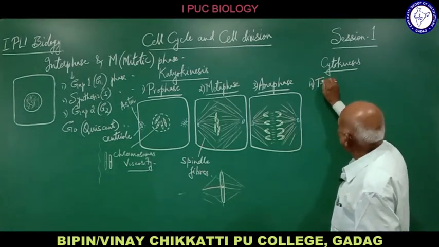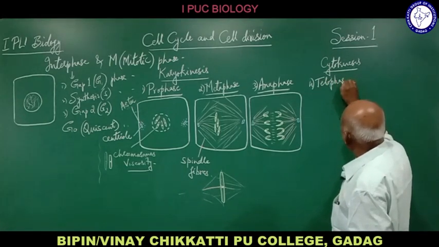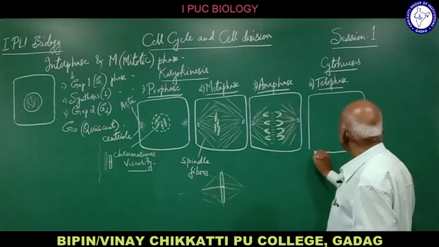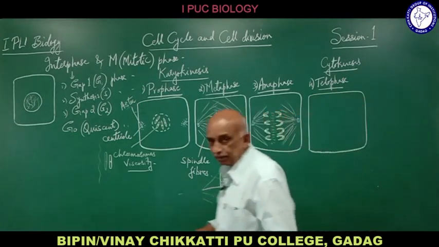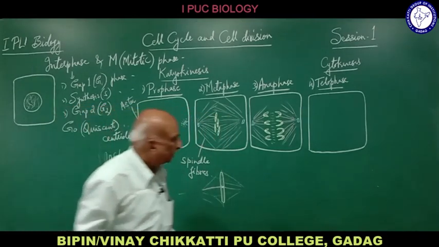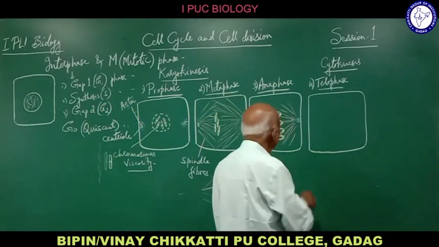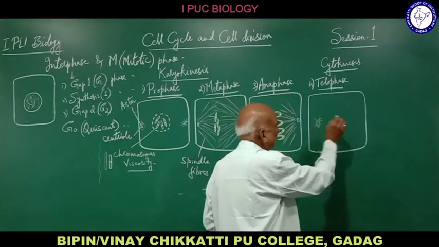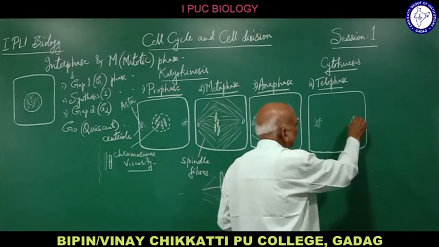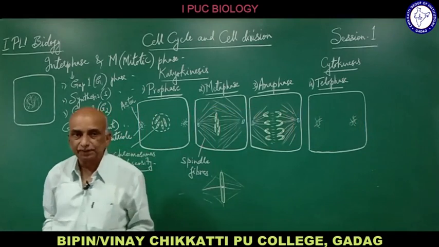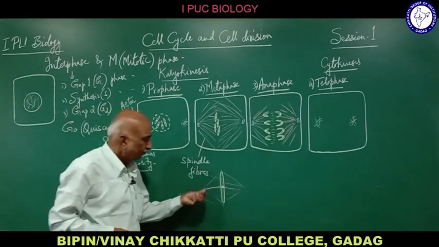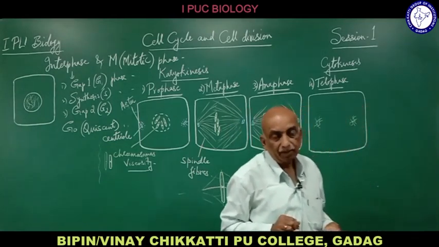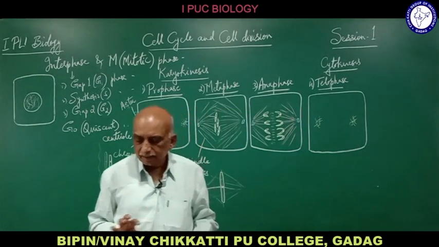In the last stage, we have the telophase stage, where the chromosomes reach the polar ends. When the chromosomes reach the polar ends, they become chromatin like this. The chromosomes are not seen in the telophase. After metaphase, the chromosomes start converting into chromatin. So during telophase what happens,